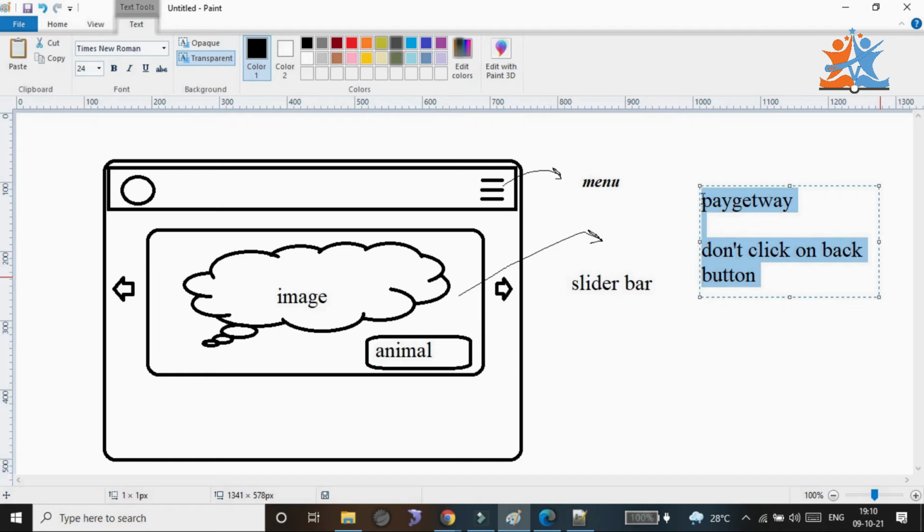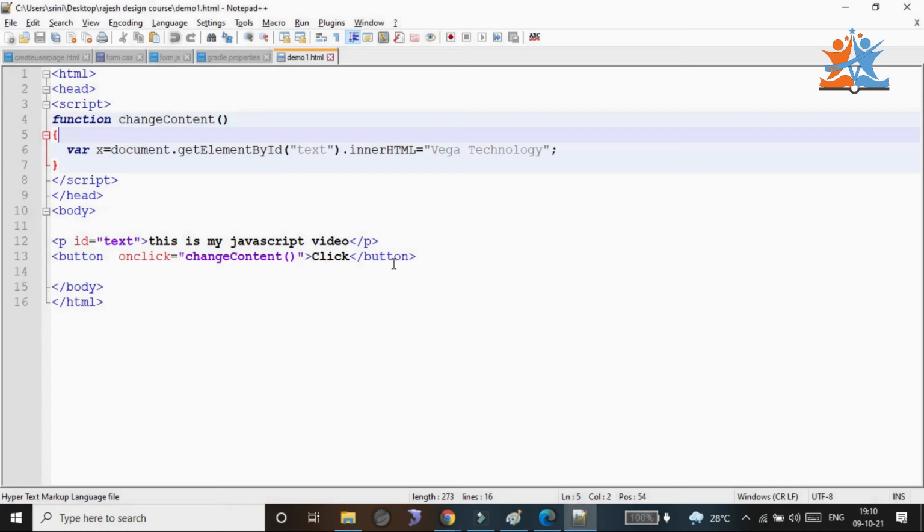Sir, how many different types of things do we have here? What is document? What is getElementById? All these things we have. How do we do the next elements? Changing the elements, sir, can we do it only with JavaScript, or can we do some of the elements otherwise? Any other things we can do? Yes, we can do some of the elements.